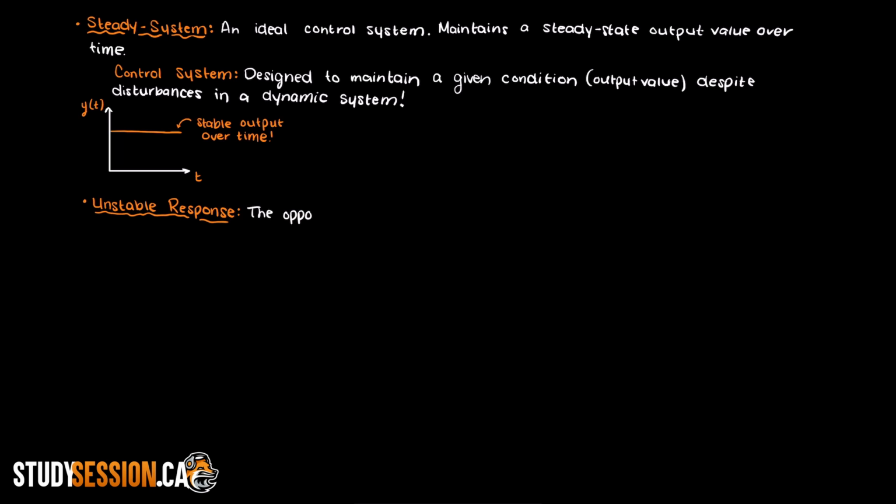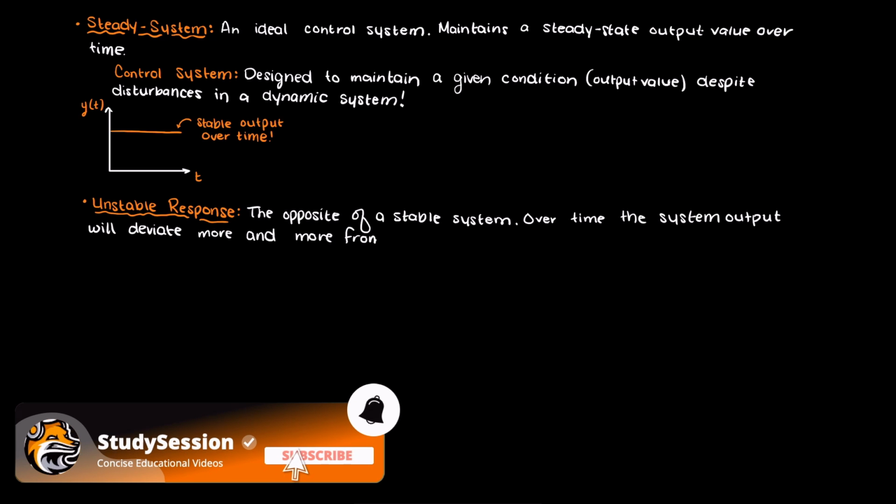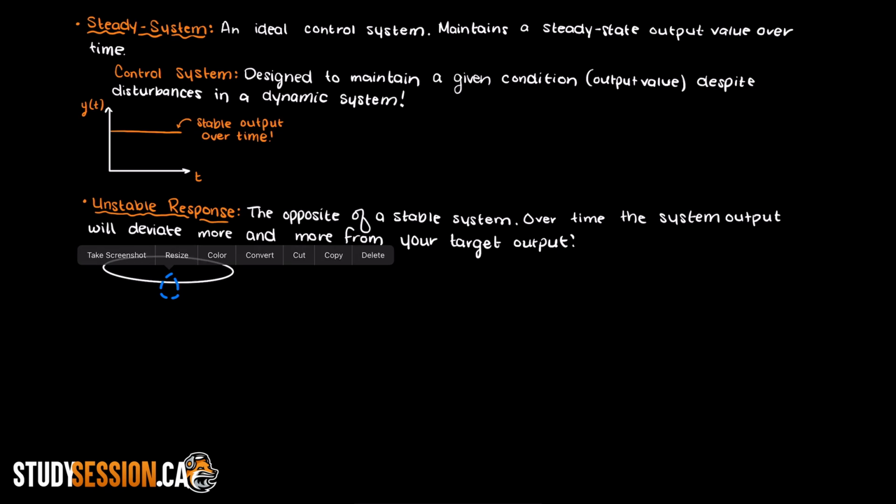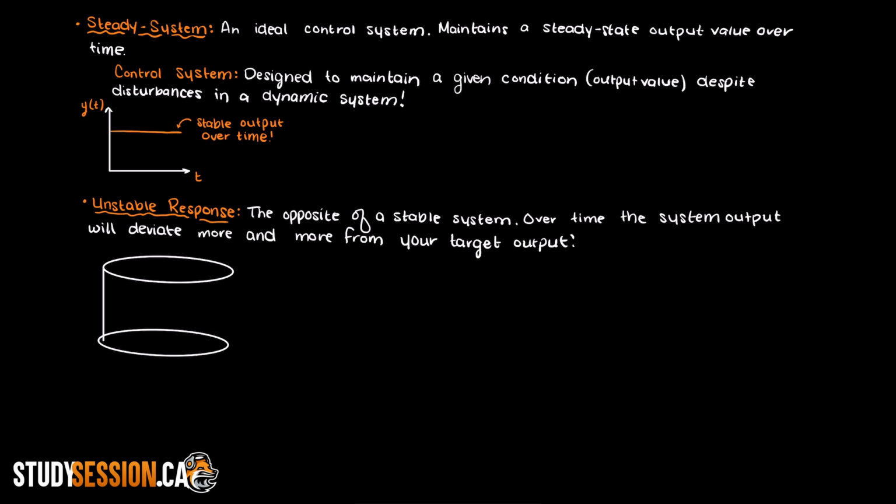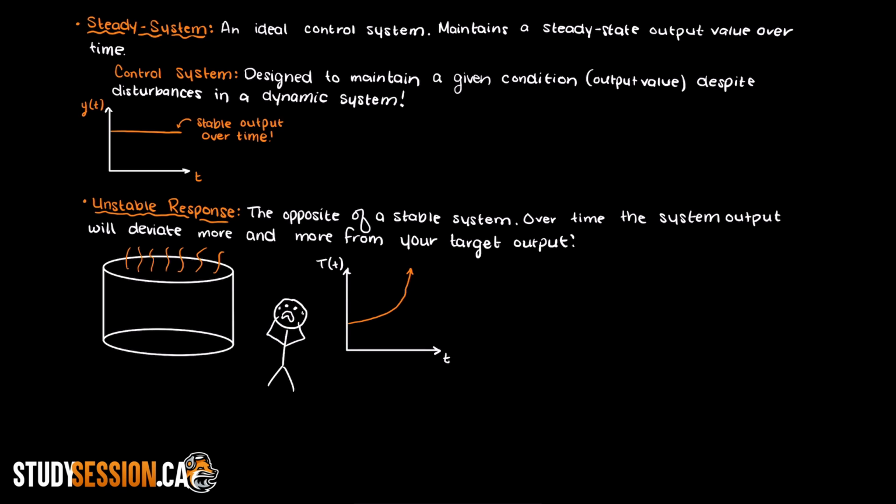An unstable system will do the opposite of a stable system. Over time, the system will deviate more and more from your target output. Obviously, this is completely undesired, as it is likely very dangerous depending on the system we are working on. An example of this could be a runaway exothermic reaction in a tank with no cooling system or a broken cooling system. As this reaction begins, the temperature will rise, causing the system to react more quickly, and causing the